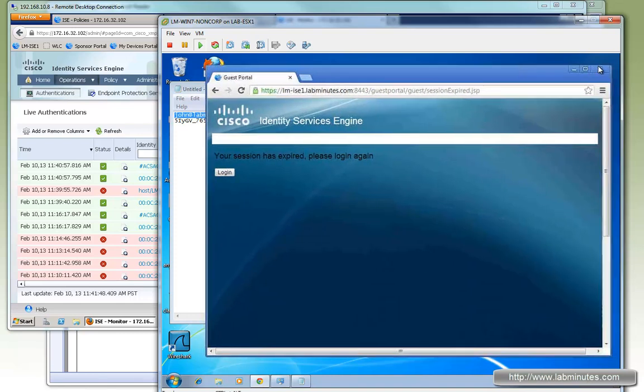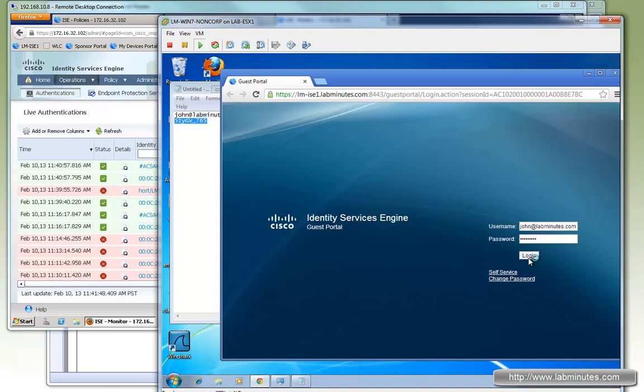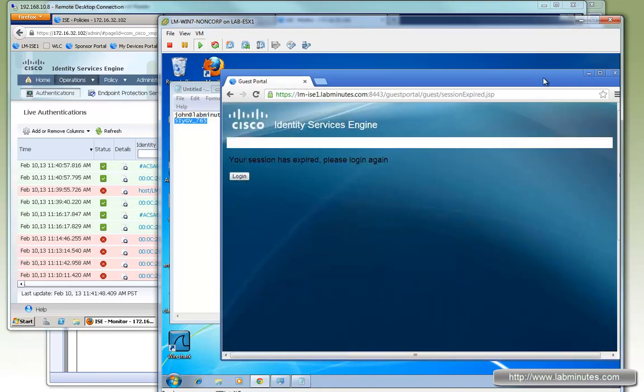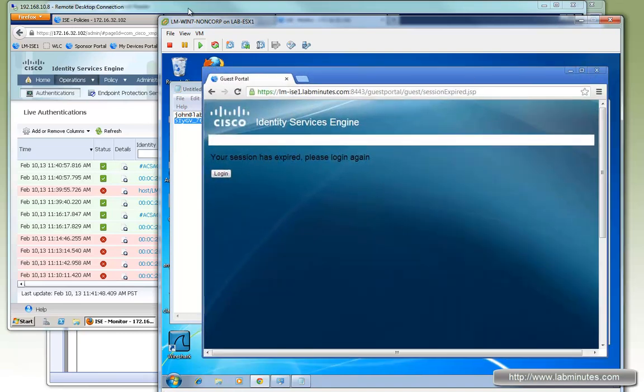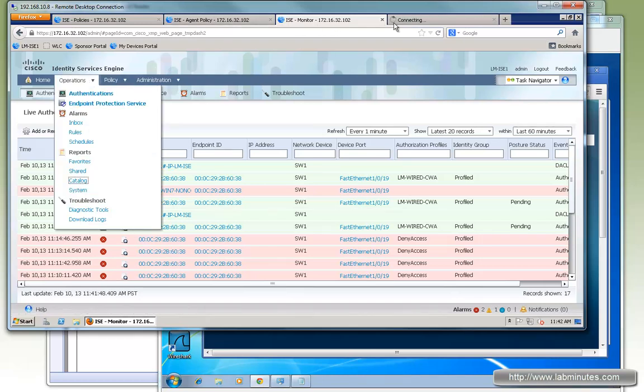Looks like we have a little issue here with the session expires, so we can try that one more time. Copy and paste. Okay, so it looks like we still have that issue. Actually, I'm kind of glad that it happened, so I can show you how to quickly fix that if you